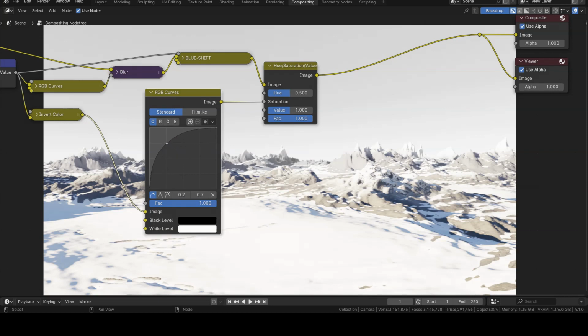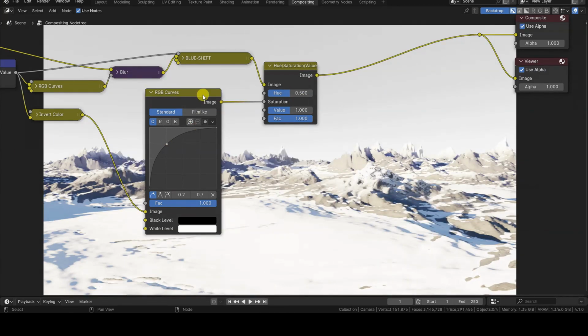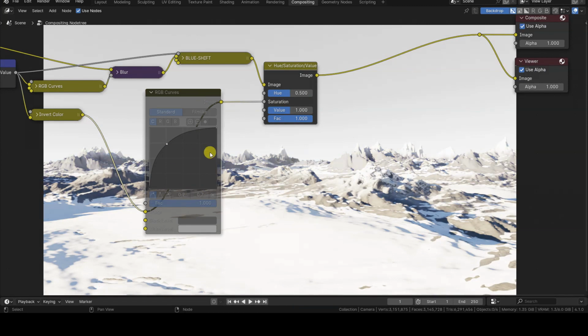In the case of the RGB Curves node, we will need to modify the C curve by adding an intermediate control point that this time will be moved towards the top left corner of the graph. At this stage of the work, it can be useful to directly visualize the mask while making the change before sending its result to saturation. Adjust the curve until you achieve a result that satisfies you.